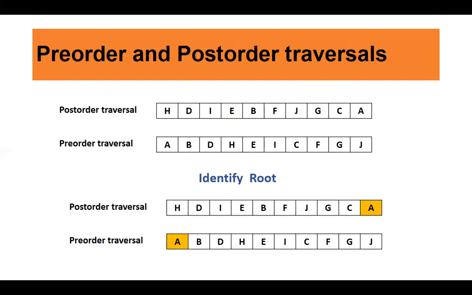How? You just see how we go ahead. At the end, you'll recognize that this is not the same tree we got using in-order, pre-order, and in-order, post-order traversals. Now again, this is the post-order traversal. This is the pre-order traversal of the same tree. Fine. Now what is the first thing? Identify the root. We know in pre-order, the first element is always the root. In the case of post-order, the last element is always the root. So it's very easy, you can find out the root.